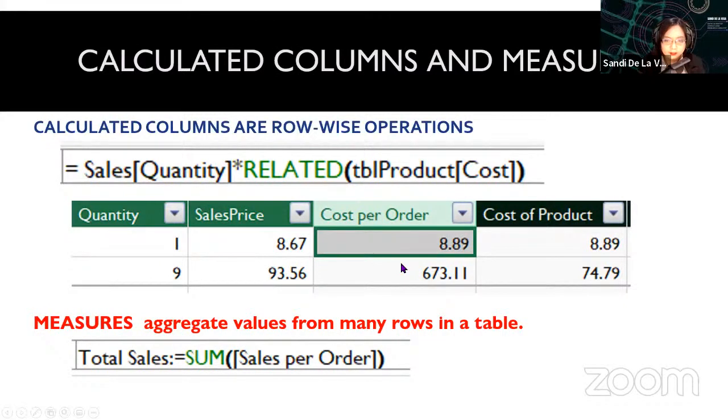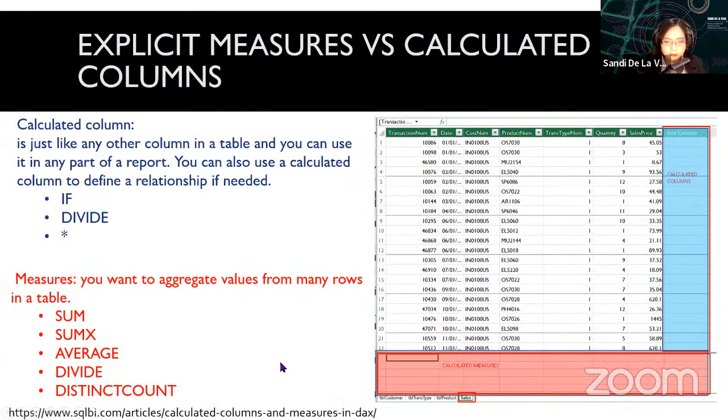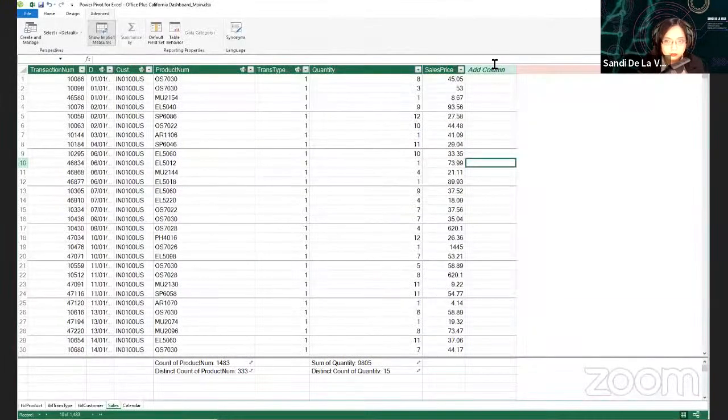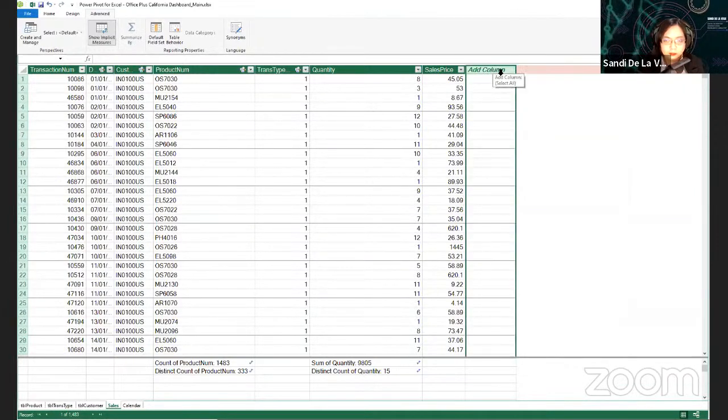for our analysis. So going back to the Power Pivot window, you can calculate here, for example, sales per order in the add column. First, click the add column here. It will be highlighted, and then you can type, for example, sales per order.